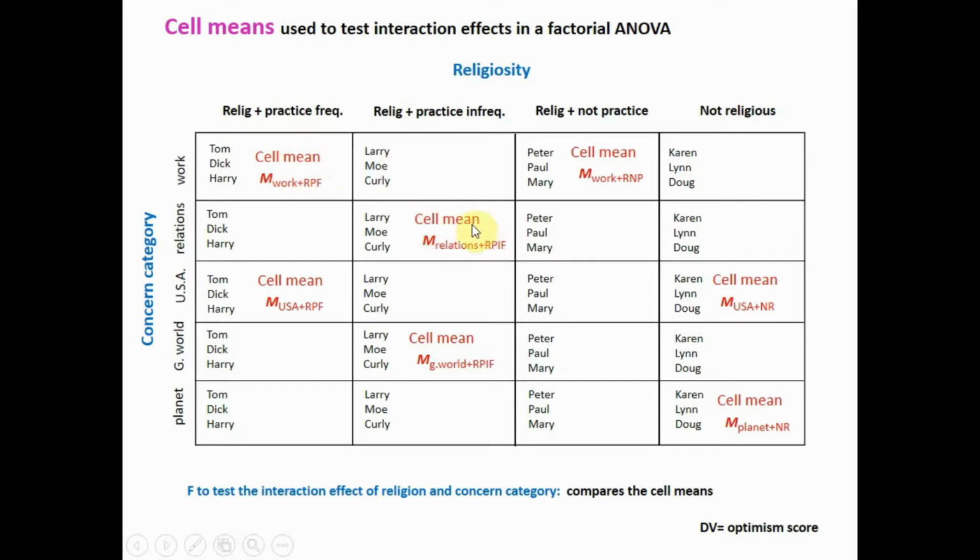Over here, if we look at this combination, we can get a mean of these scores, and these are scores Larry, Moe, and Curly provided. So they are in the relationships category. They're answering questions about relationships, and they are in the religious, practicing infrequently category. So you see how it's just an intersection of the two conditions. So we just follow along here. This is religious, practicing infrequently, and they're answering questions about relationships. So that's true. If you want to look at each of these cell means, you'll see that each one represents a combination of two